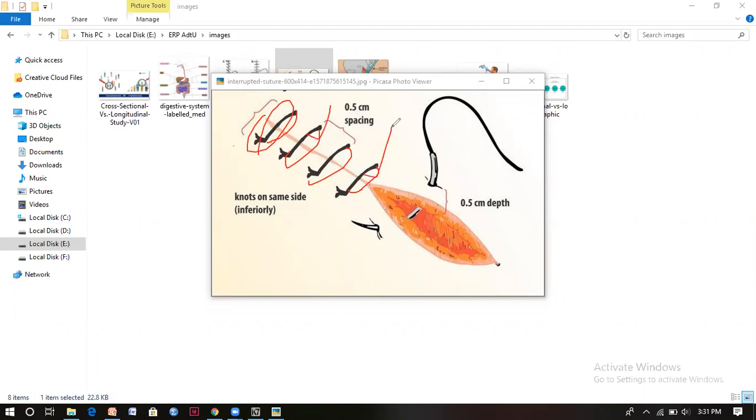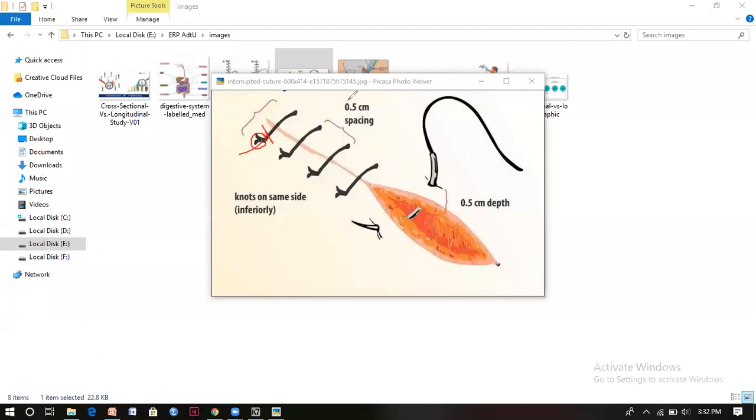If we cut this one, then next we cut this one. Why? Because we check whether the wound has come together or it is gapping. If there is no gapping, we cut the entire stitches. If there is gapping, we leave the other stitches. To remove the suture, we hold this knot with thumb forceps, cut it with a scissor, and pull it up with a dissecting forceps.